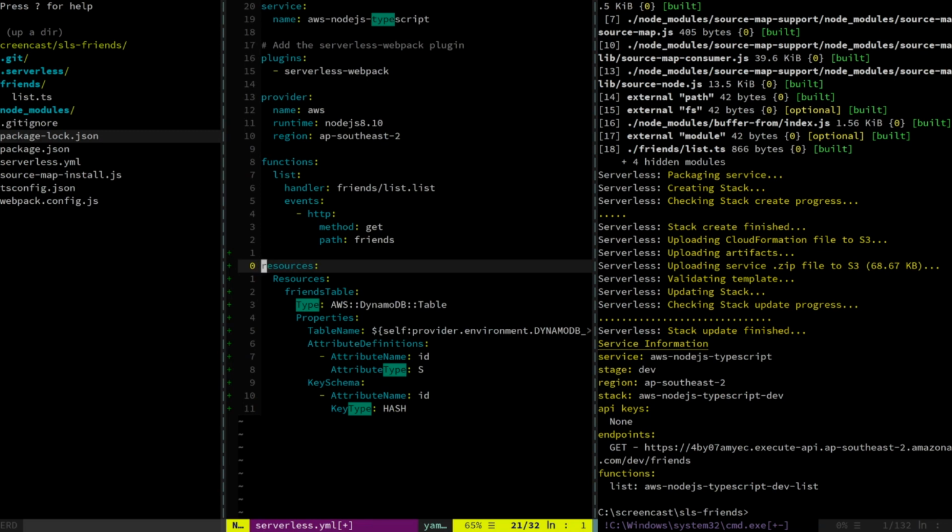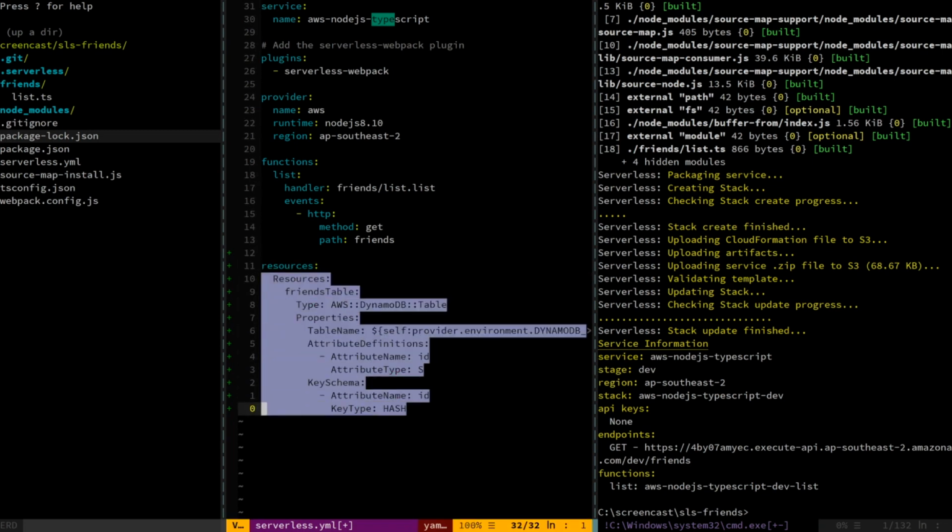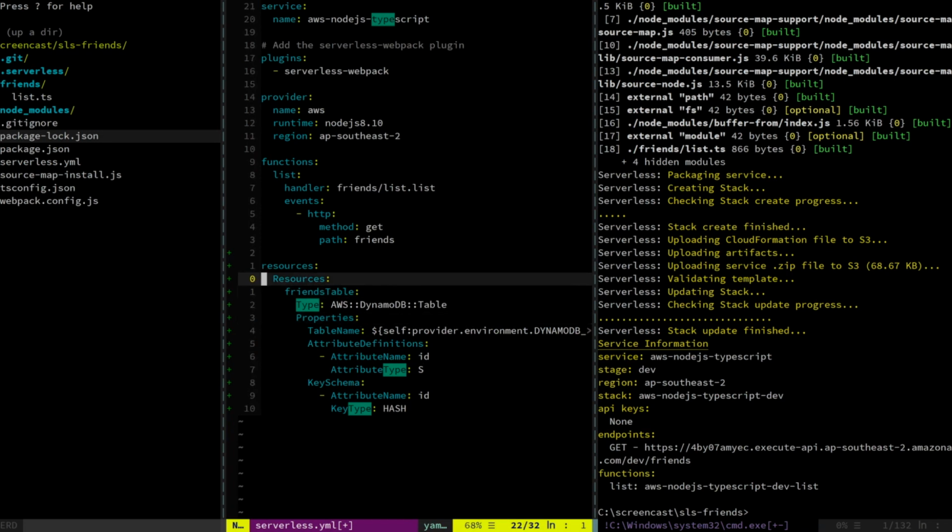Now we have also added resources. The resources has two resources. This resources in here is the serverless resources, which is an abstraction over the provider, which is AWS, and these are AWS CloudFormation template compliant YML definitions. So it also needs to have a resources thing, in case you wonder why that is there. So we're going to add a table name called friends table,